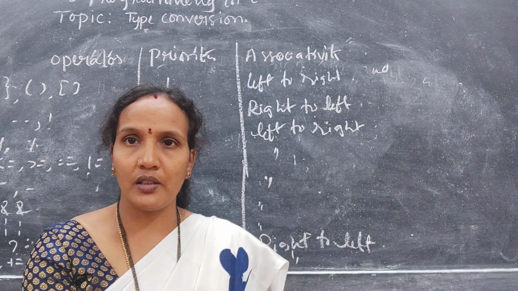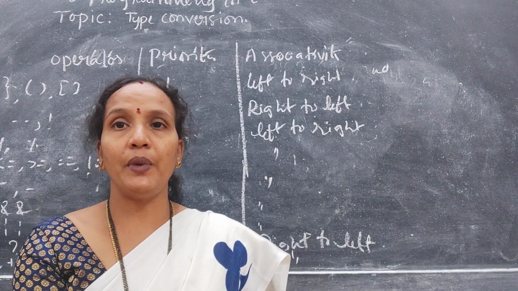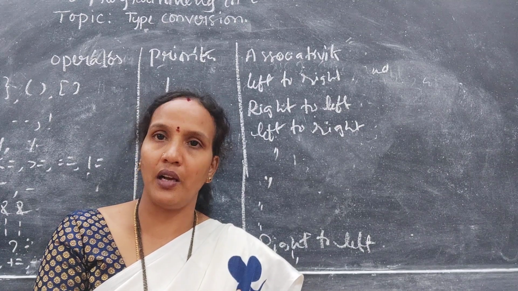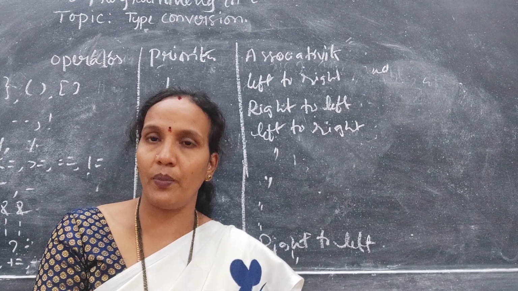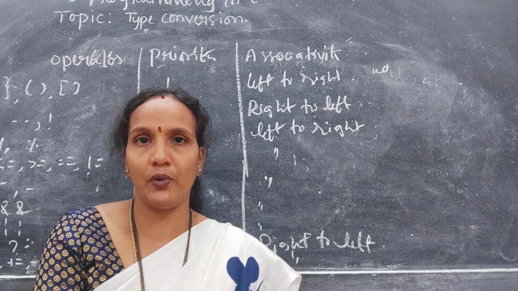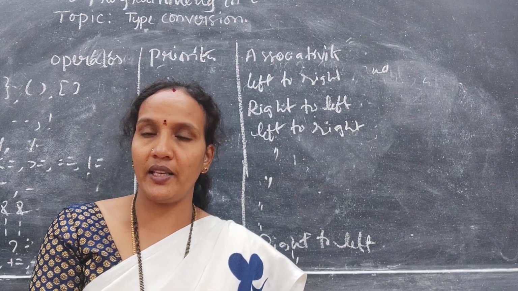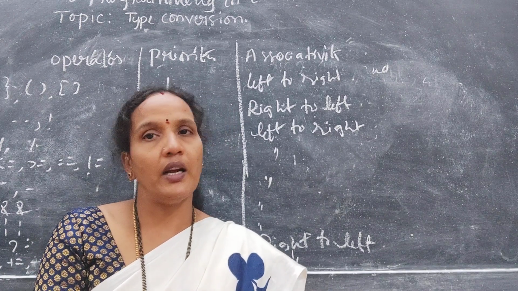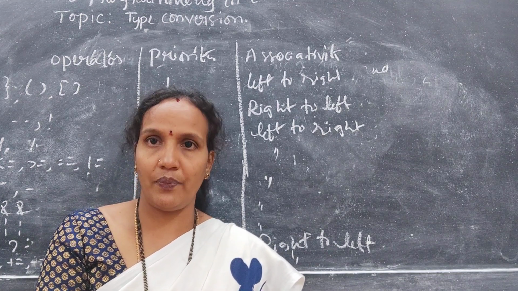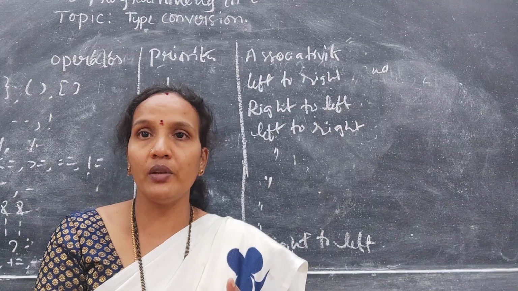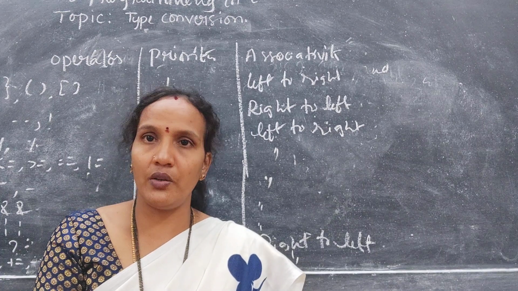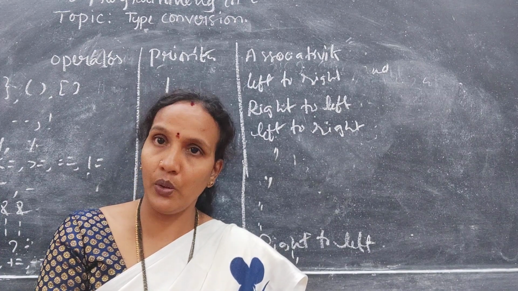In the second unit, third unit and fourth unit, you have the complete programming part. From the next unit, for each and every topic I explain there is a program, and you need to explain that topic with the example program, because whenever you get those topics in the exam, they will give you half marks for theory and half marks for the program. So with the theory, the program is also important, and to write a program you need to know the theory. Both are interdependent. So try to watch videos regularly and do the programs, and we'll do the programs in the live classes.